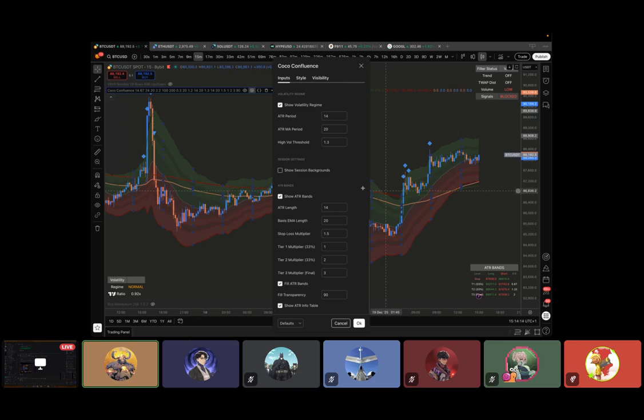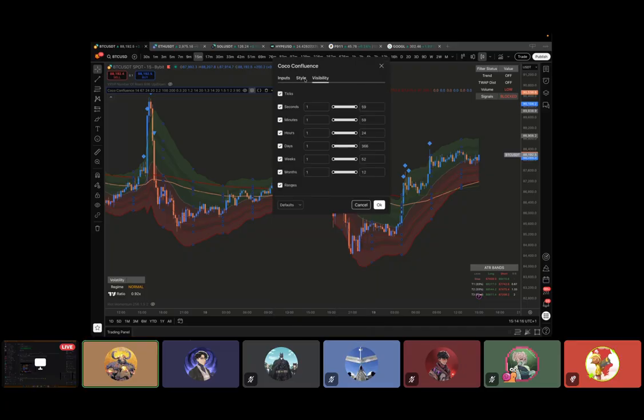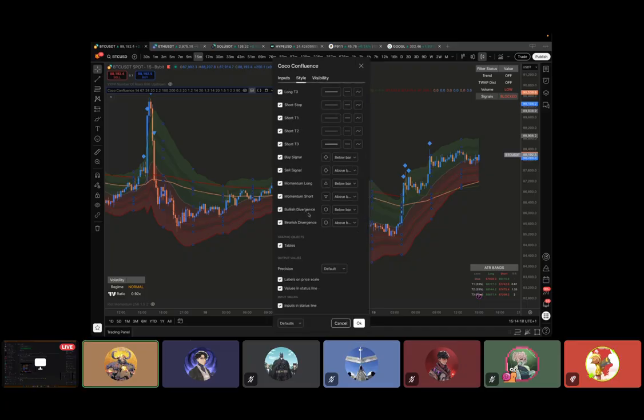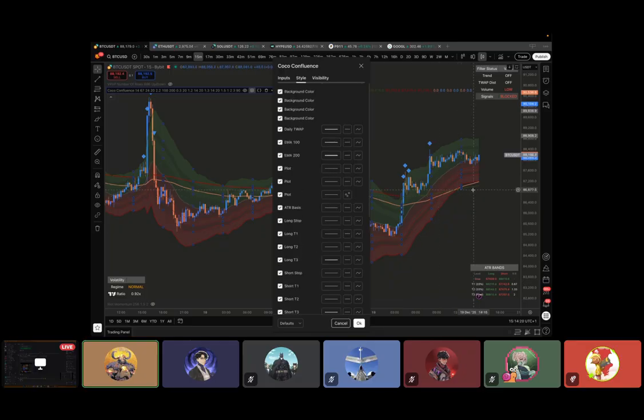So this is why the one is coloring between green and red, and the other one is just staying orange as it's based on the theme that we have blue and orange here. You see, EMA 100 is the orange line, whereas the EMA 200 helps you directly just with its color